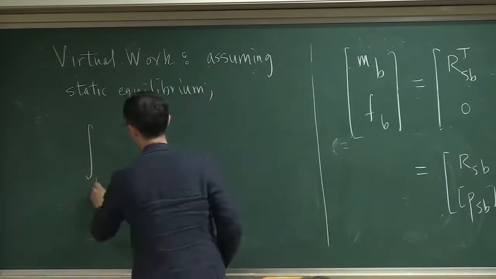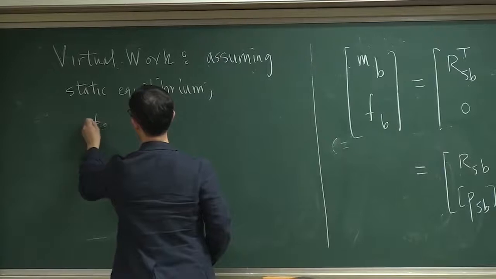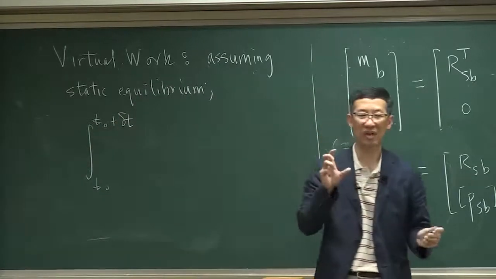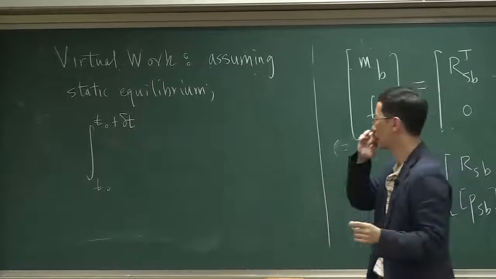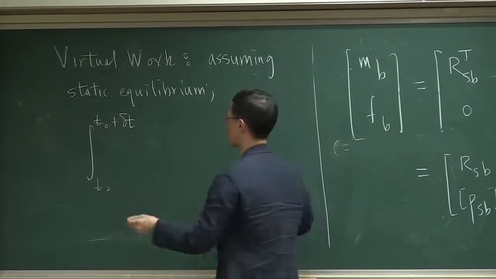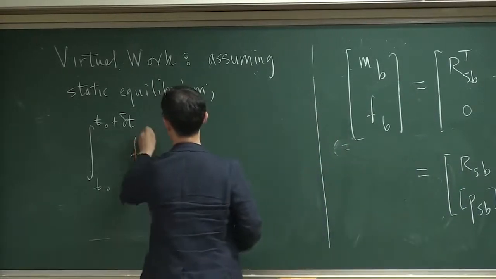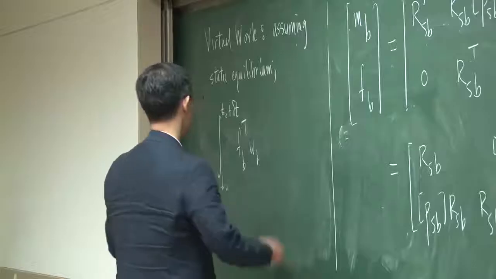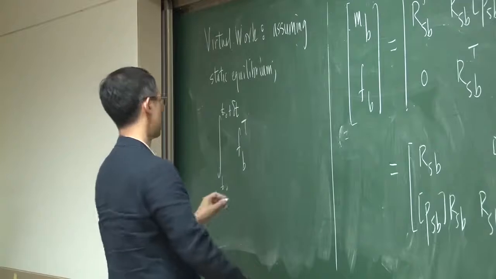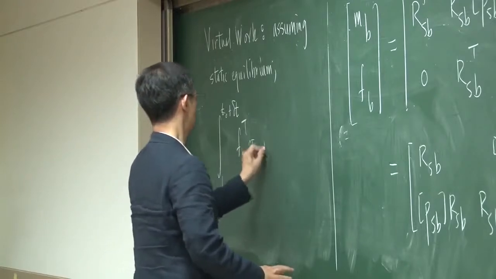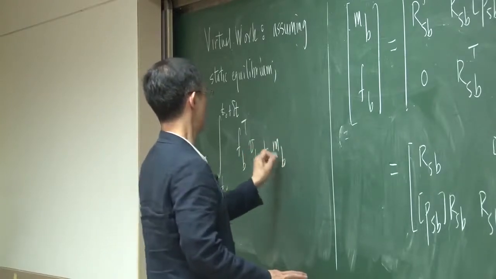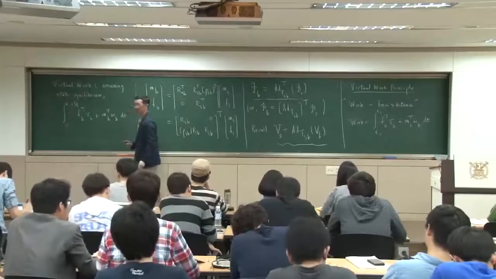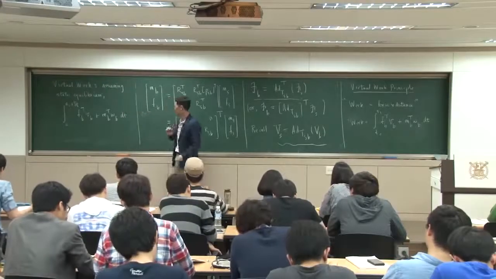We're going to imagine that over a small interval of time, delta t, we're going to calculate the work. F_B transpose plus